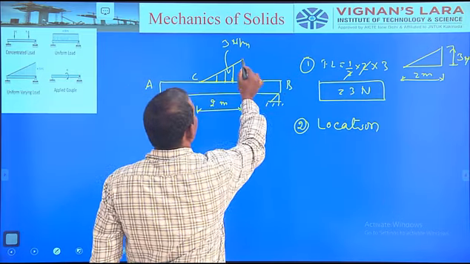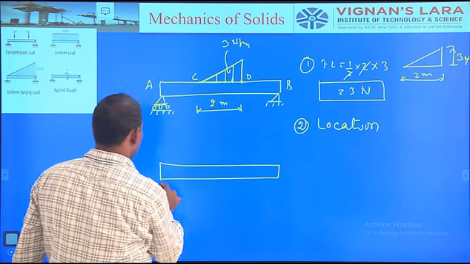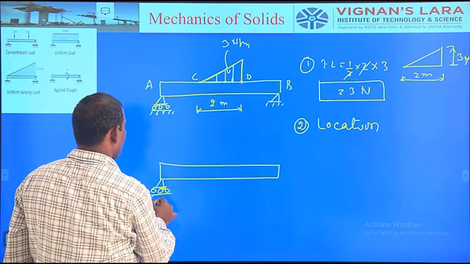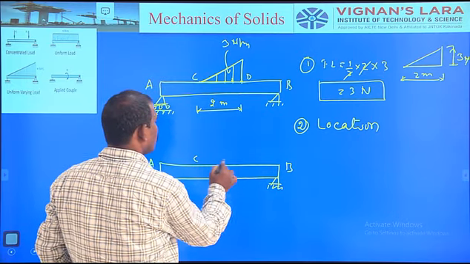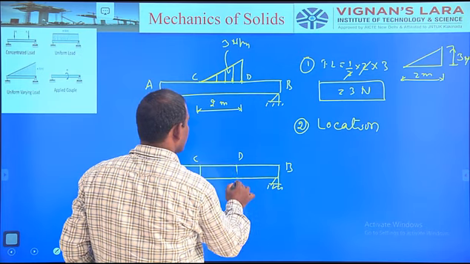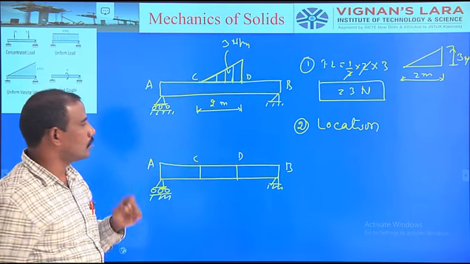For our better understanding, let us redraw the same one. This is the simply supported beam. This is the roller support, this is the hinge support. Alright. So definitely the 3 newtons does not lie in either AC or BD. Definitely the 3 newtons force lies between C and D only, in the CD portion only. In addition to that, we have to remember one more point. In this portion only, the 3 newtons force is concentrated.